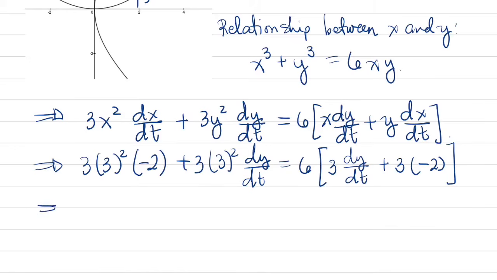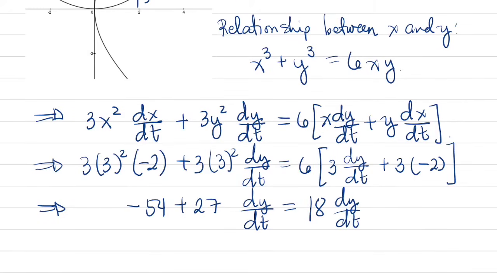Okay, simplifying this, we compute: this is 3 cubed times negative 2, so that is negative 54, plus 3 cubed, so that is 27, dy/dt equals 6 times 3, that is 18, dy/dt, and here we have 6 times negative 6, which is negative 36. Okay, so to find dy/dt, what we're going to do is isolate dy/dt